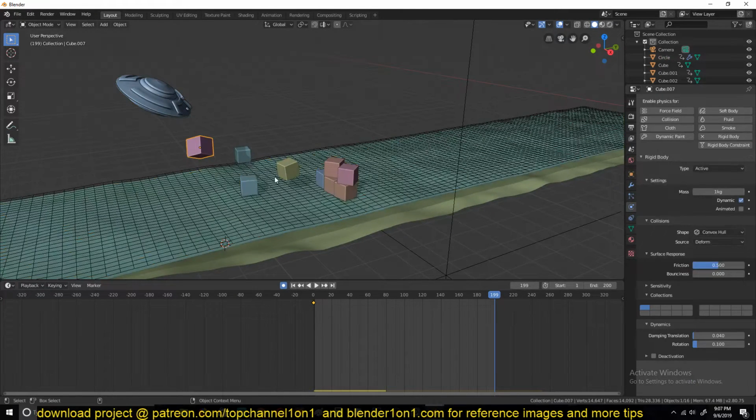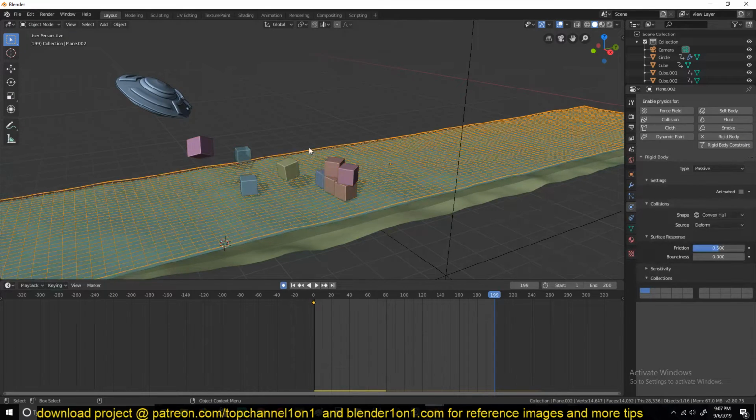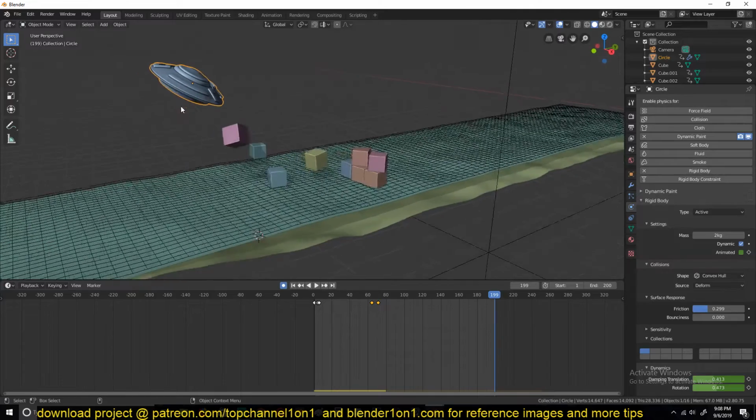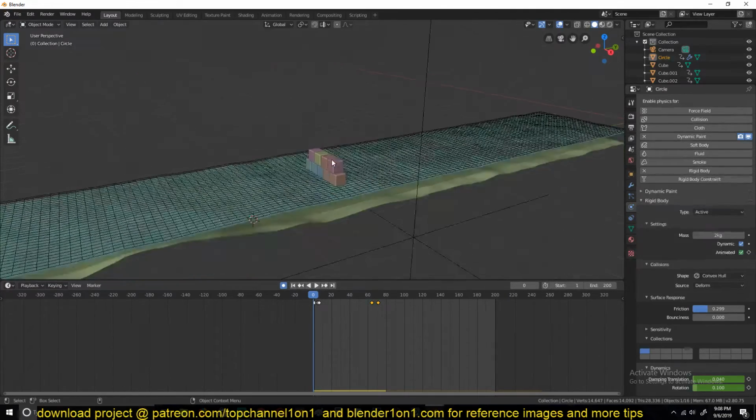So that's why you see I want them to have two layers that they are active on. So this and this, one is for colliding with this, and another is for colliding with this grid here. And this grid is supposed to be on layer 2, so that it doesn't have any interaction with this mesh. So if we play this back,